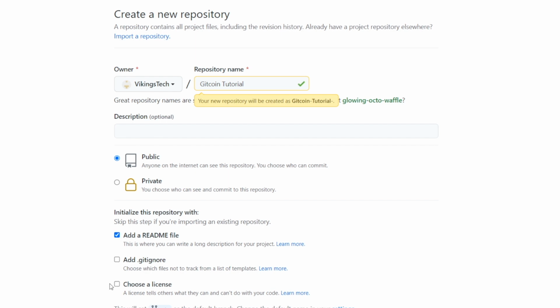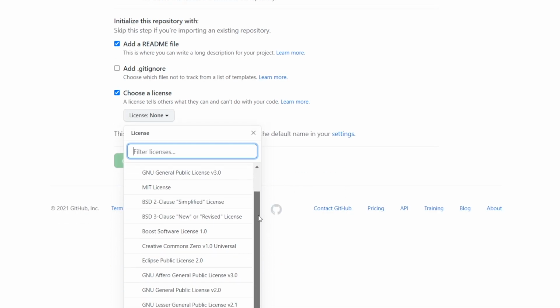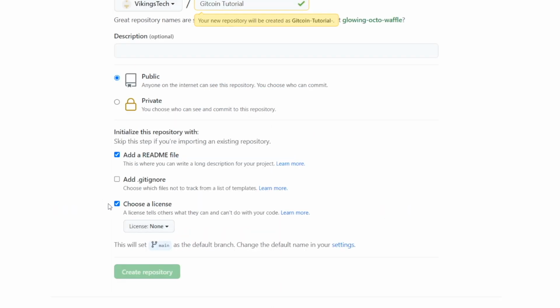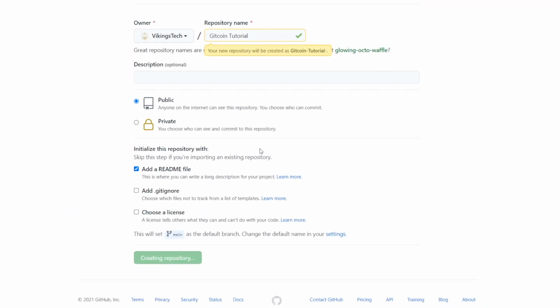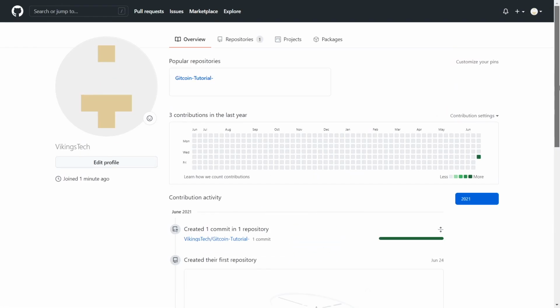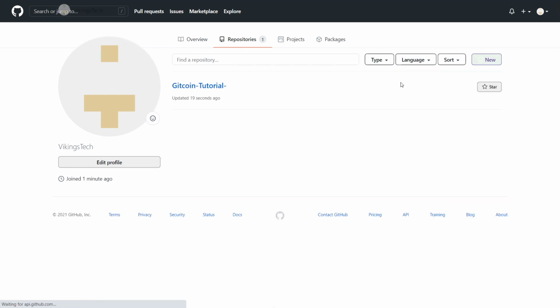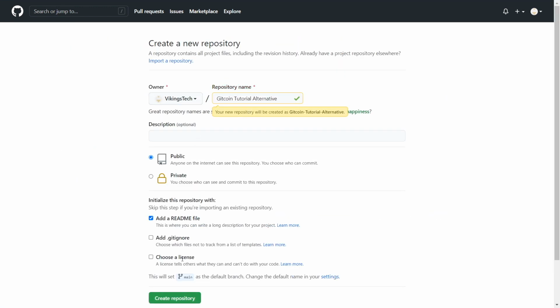Then you can add a readme where you can write about your project as well as add any links and a license. You have all these license options, but we are not going to worry about this for the time being. We'll do this in a later part of this video. With this, your repo is created. Alternatively, in the main screen, go to repositories and click on new. From here on is the same process again.